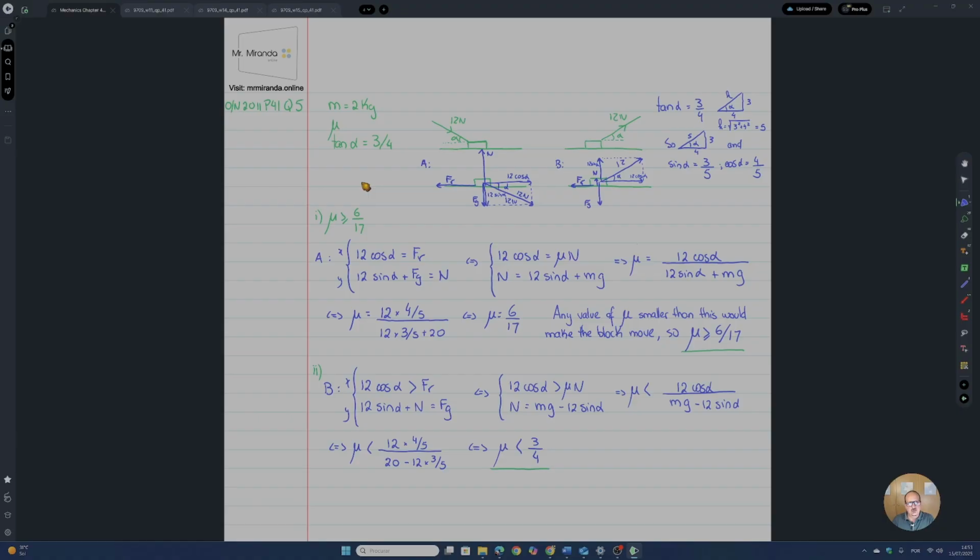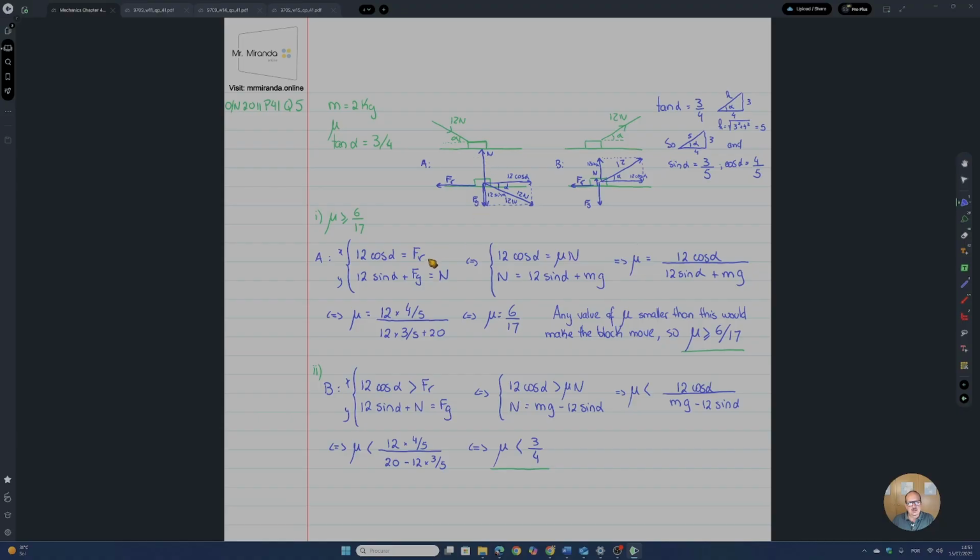In this case, the referential that you would use is very simple to select. It's basically horizontal, vertical, x, y, which means that the 12 Newton force is the only one to be decomposed. This angle alpha over here will now be over here. So the horizontal component of the 12 Newton force is 12 cosine of alpha. This is the adjacent to this triangle. The vertical component is that side, so it's 12 sine of alpha. All right? If this is on the verge of moving,